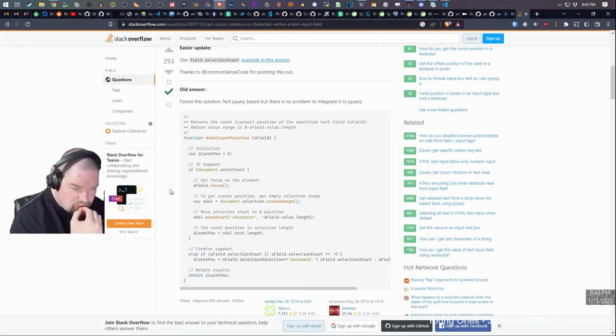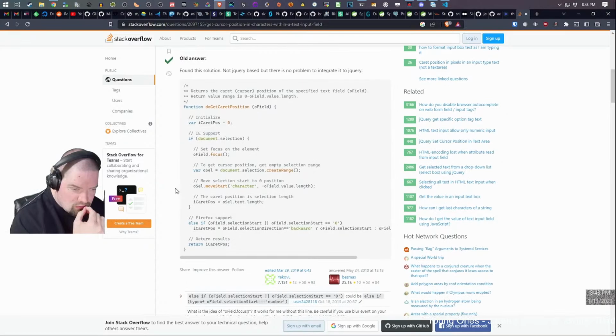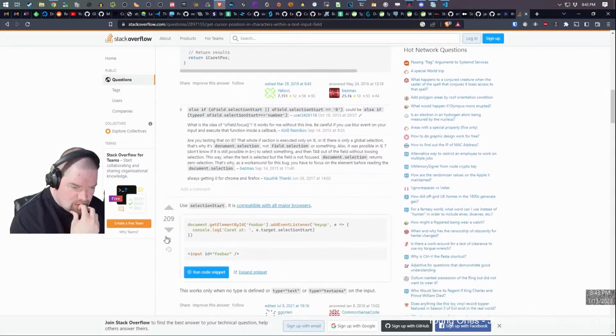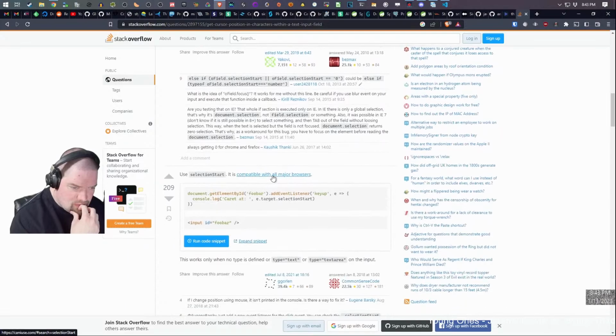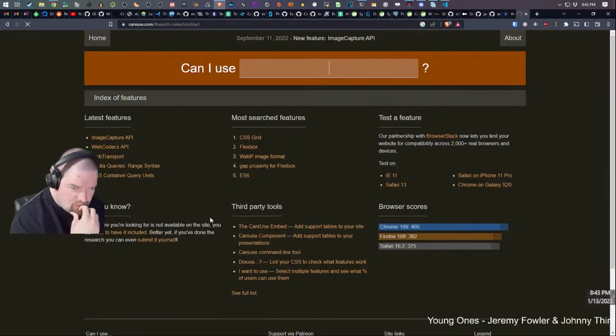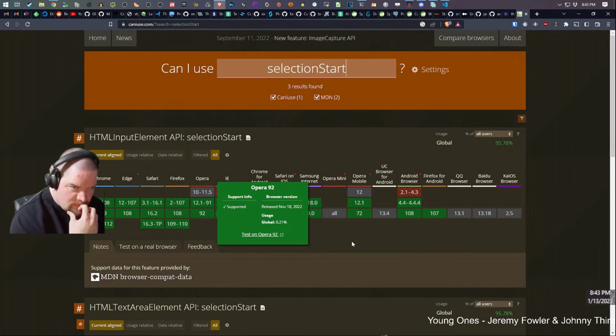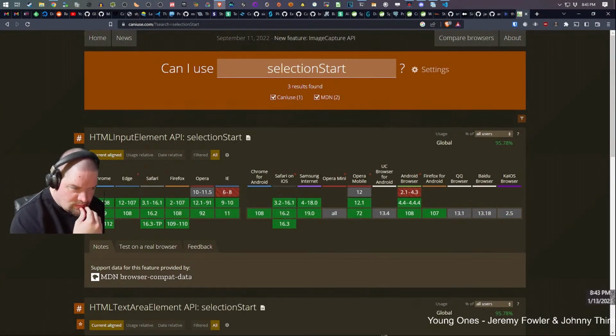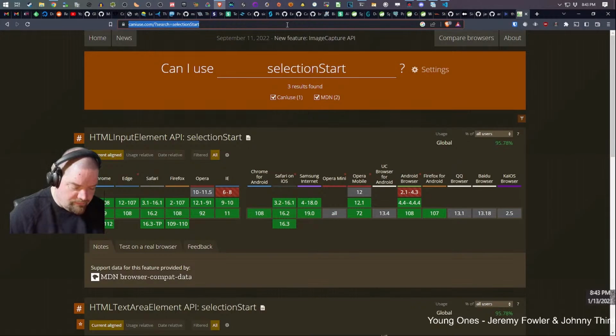Focus, right, move, start. Selection start. And use selection start. Yes, I can. Okay.